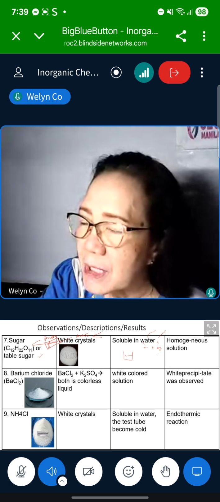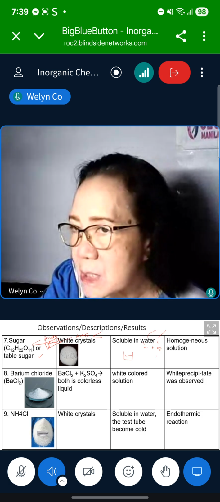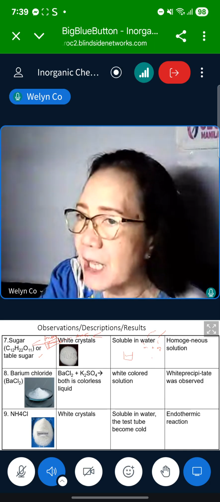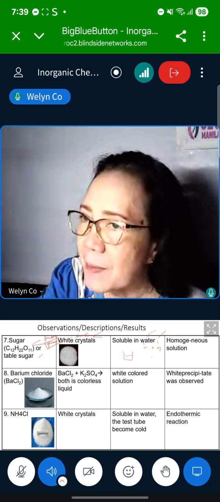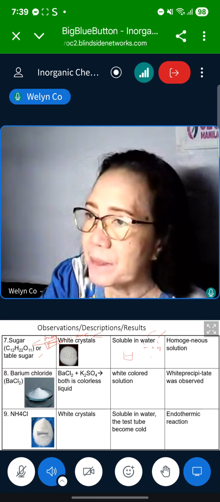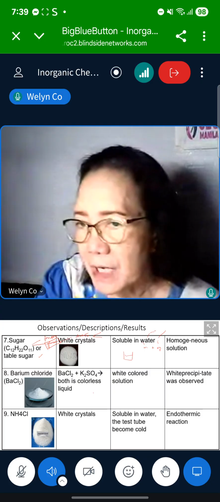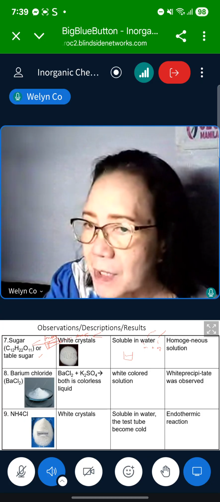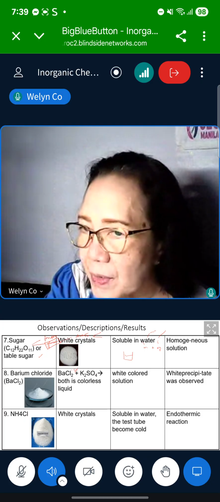It could be dissolved in water. But I mentioned this, mga bata, because we have the rule in solubility that like dissolves like. But there are always, mayroong tayong exemption to the rule. Okay? So the barium chloride, when it is added to your potassium sulfate,